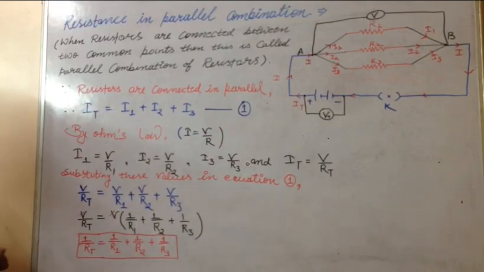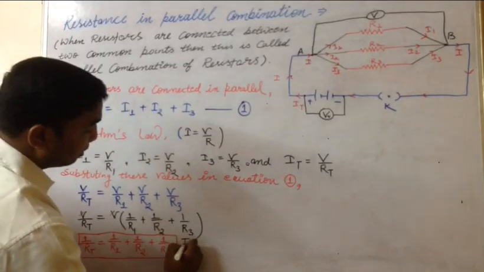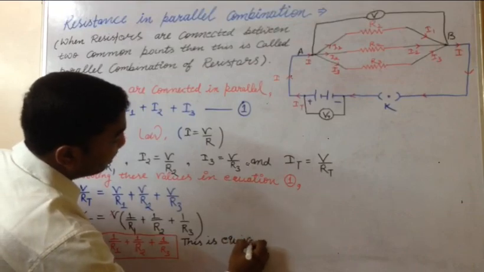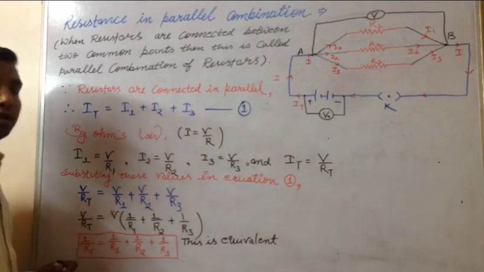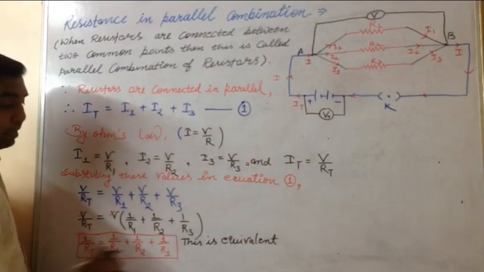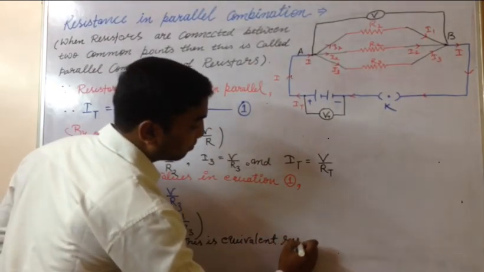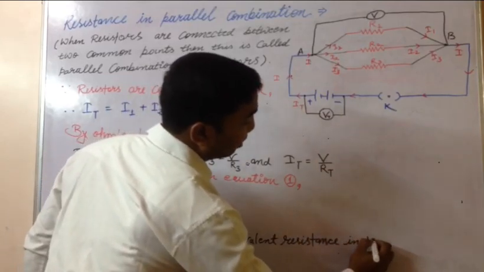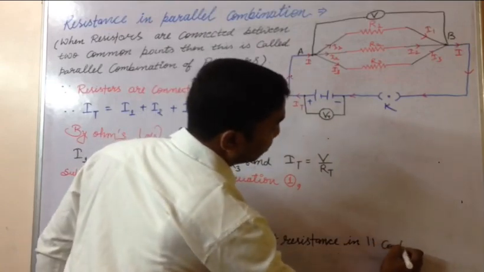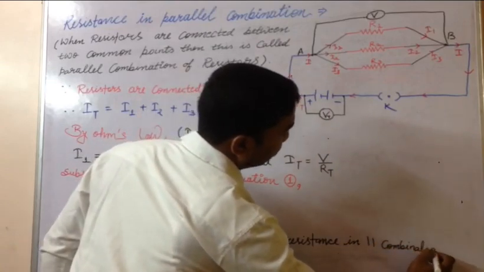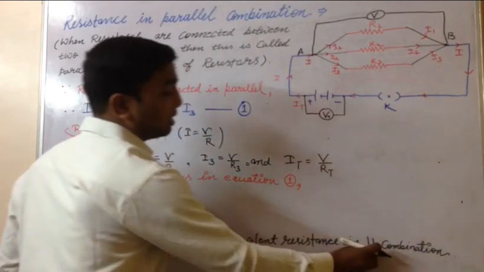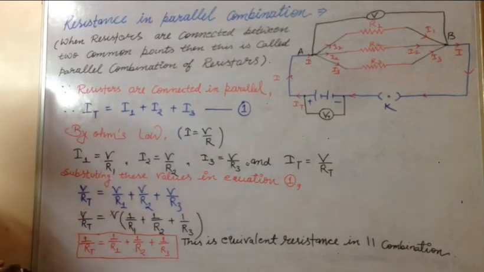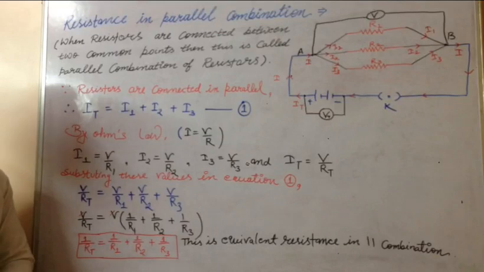So which relation is this? This is the equivalent resistance. Equivalent means total. Equivalent is not a new term, equivalent means total only. This is the equivalent resistance in parallel combination. In place of these two lines, a parallel symbol can be written. That's the symbol of parallel, so I have made two lines. You already know. So is this clear or not? Yes, sir. Full derivation.